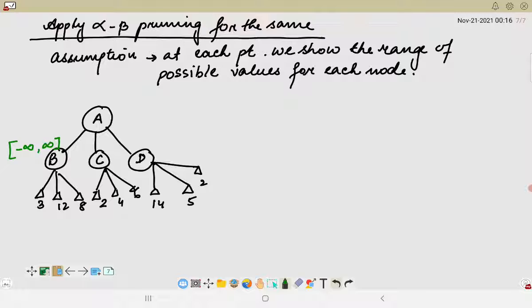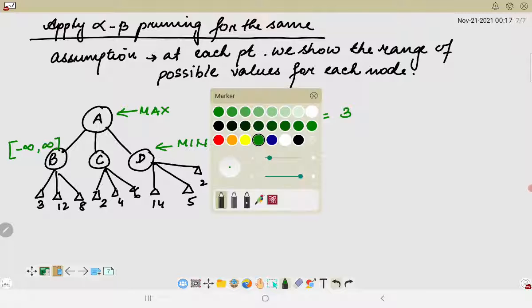So since the first leaf below B has 3, so initially the first leaf has value 3. Hence B, which is a minimum value, could have a value at most 3. So this was my max move and this was my min move. Okay, so when my first leaf is equal to 3, that means let us first replace the